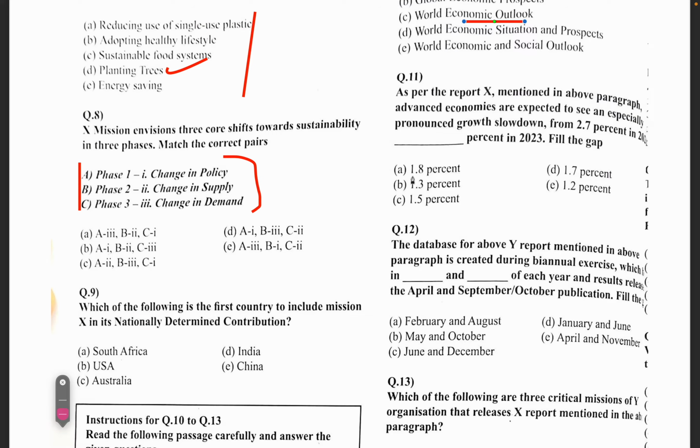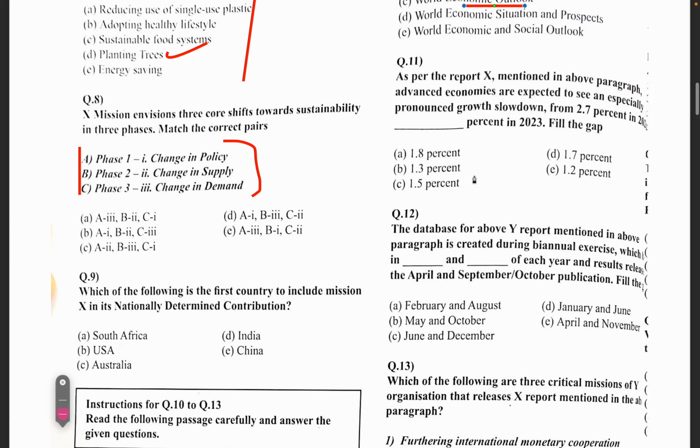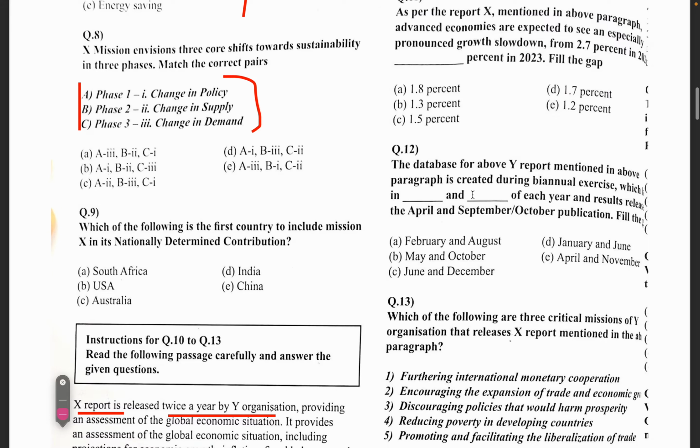But if you see the option, it is very important to know the exact value. Like they have 1.7, 1.8, 1.2, 1.3. So you should know which one is the accurate one, okay? And also now the details they are asking, that this report is created during the biannual exercise,